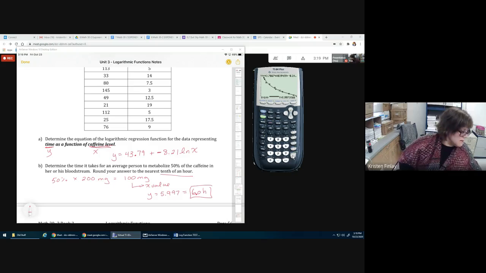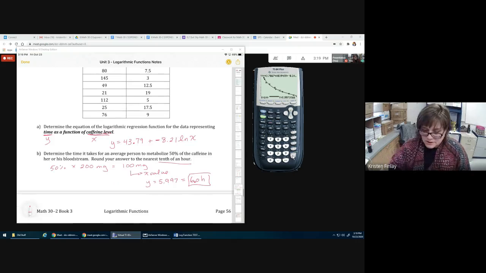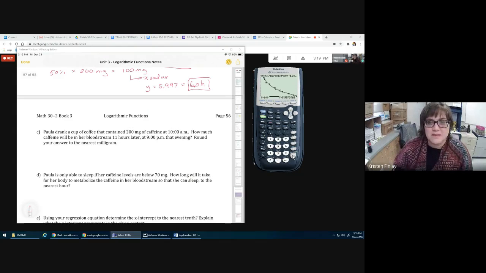Alrighty. Now, this is all familiar to you. We're using these logarithmic functions to kind of answer these questions. We can answer the next one. We might be interpolating or we might be extrapolating. If we have to extrapolate, we might need to change our windows. Paula drank a cup of coffee that contained 200 milligrams of caffeine at 10 a.m. How much caffeine will be in her bloodstream 11 hours later at 9 p.m. in the morning. So